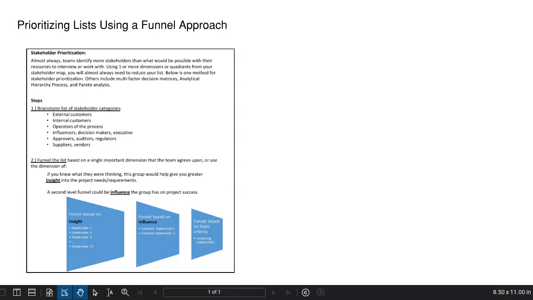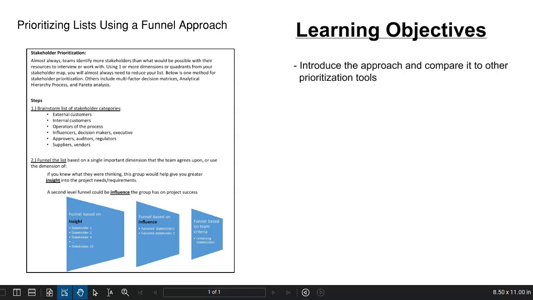In this video, I'd like to take a look at a group-based prioritization technique we sometimes call funneling. The specific learning objectives will be to first provide a broad overview of this facilitation technique and then compare it to other prioritization tools. And then we'll look at some specific funneling prioritization examples where we take a large stakeholder